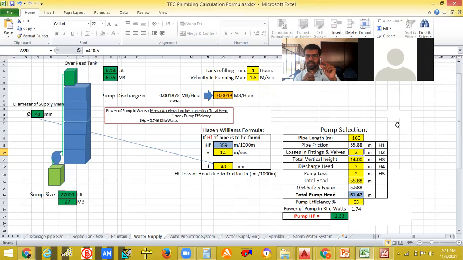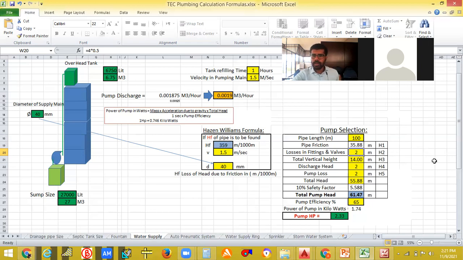So for one fitting, let it be an elbow or whatever it might be, it loses 0.5 meter. So if there are 10 fittings in your main supply, the head H2 will be 5, correct?